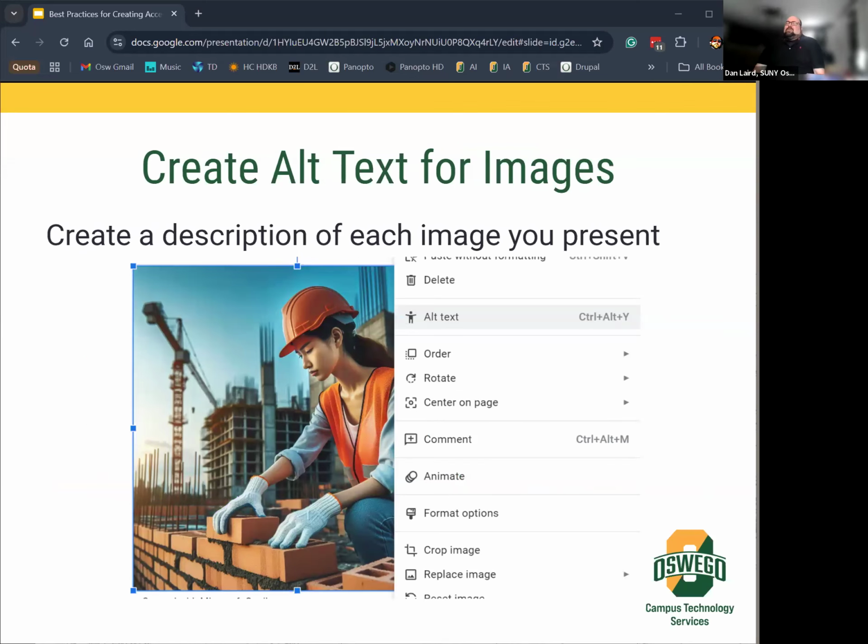And something I'm pretty sure most people know, but I want to bring it up: creating alt text for images. Make sure that you create a description of each image that you present. That can usually be done by right-clicking on the image in Slides and Office, and I believe both of those have a fairly straightforward menu option that allows you to alter the alt text. Make sure that it's descriptive. You don't have to write a story about it, but make sure that you're descriptive enough so that someone that can't see this image has a good idea of what you put out and the idea you're trying to convey.